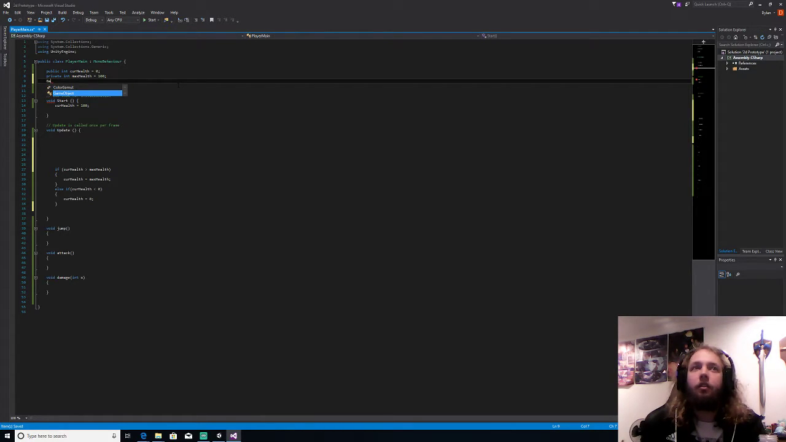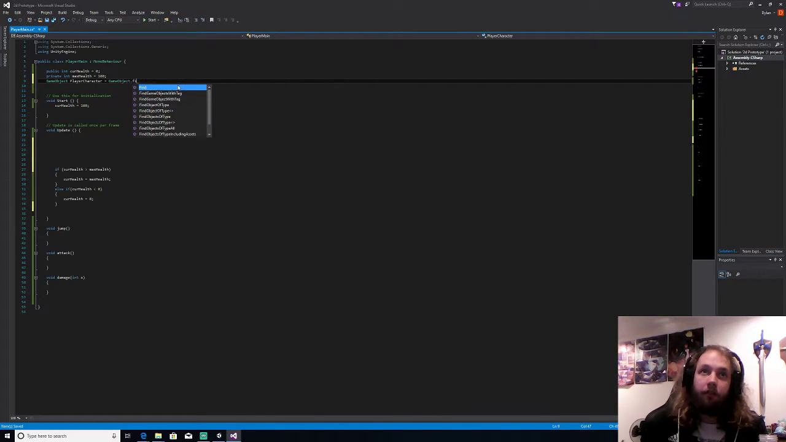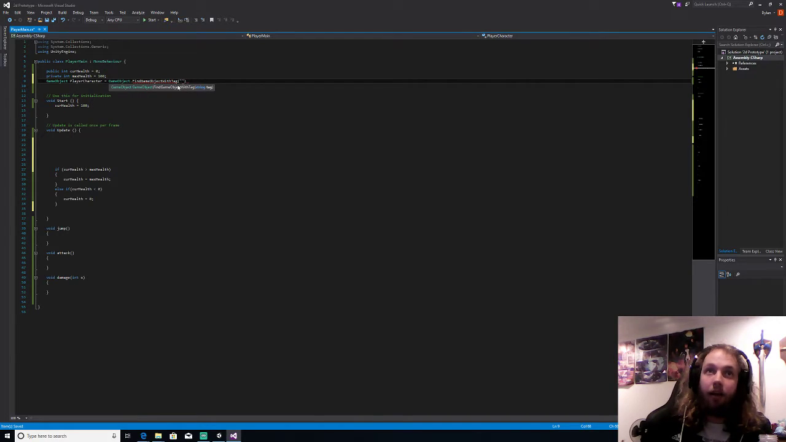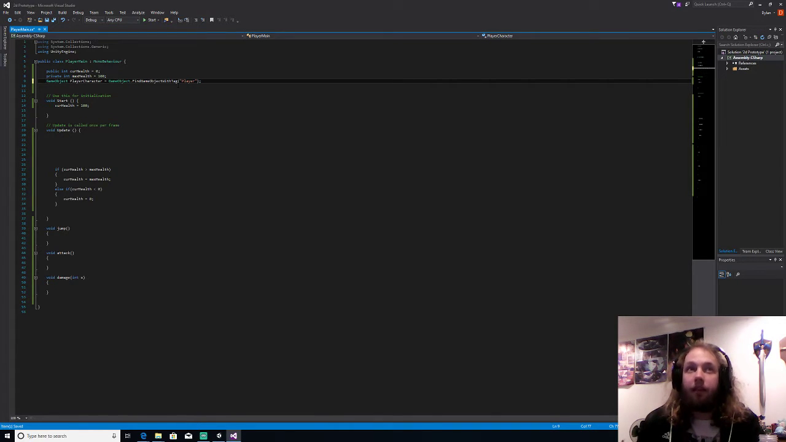Alright, first off, we need to make a new game object. Call this player character. And what we're going to do with this is set this to GameObject dot find GameObject with tag, and we're going to set the tag to player. Now, what we just did here is we declared a